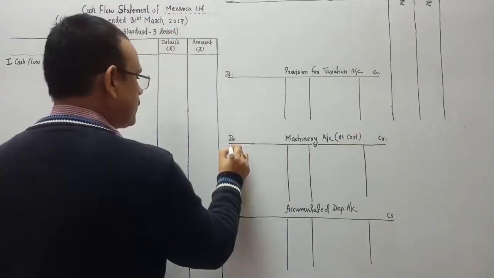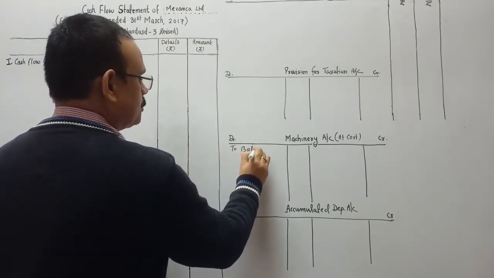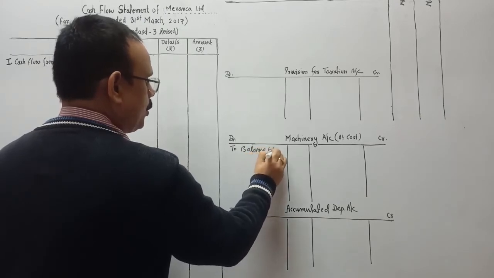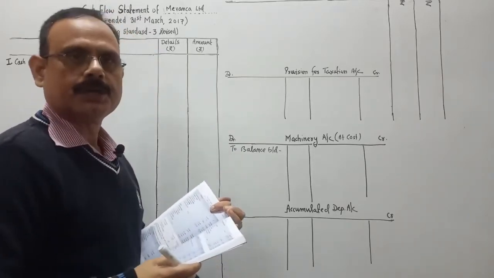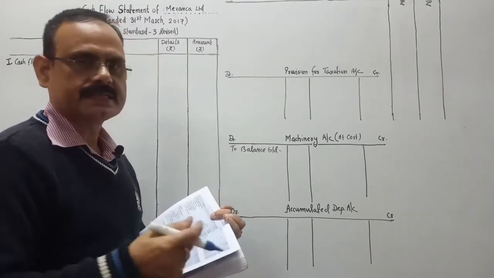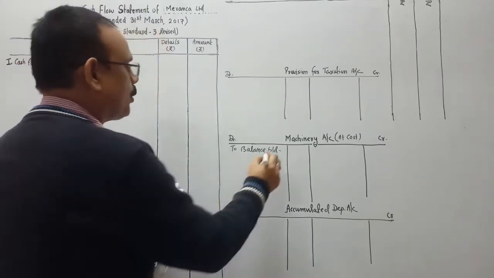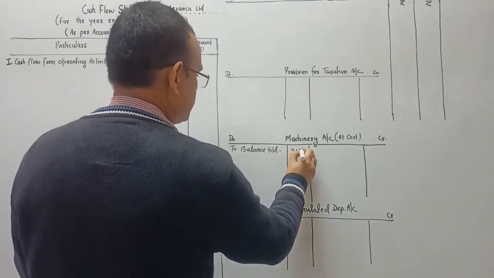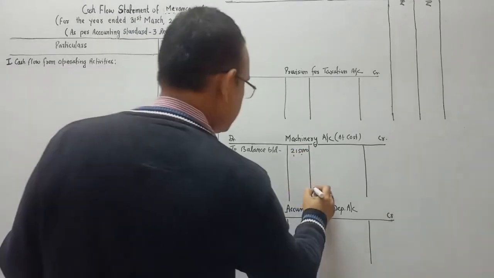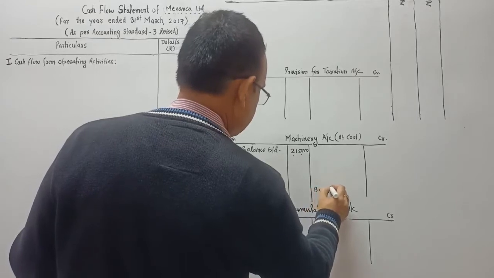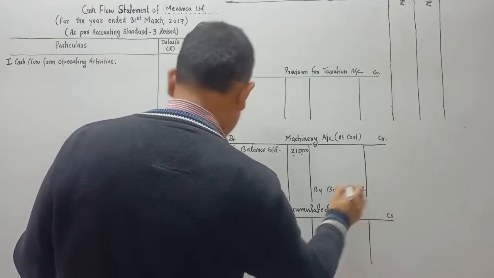I will write it over here: the cost of the machine, to balance brought down, the opening balance of machinery. You see note number 4: the last year figure, 31st March 2016, is the opening balance for the 16-17 financial year. So opening balance is 2,15,000. Machinery's opening balance is 2,15,000 and the closing balance, by balance carried down, is